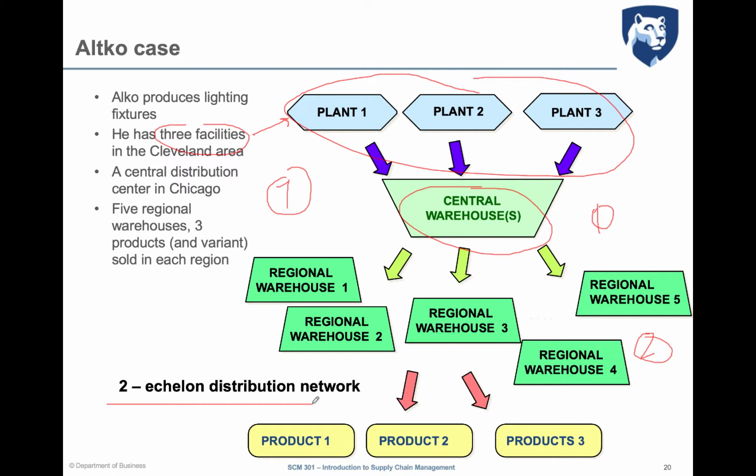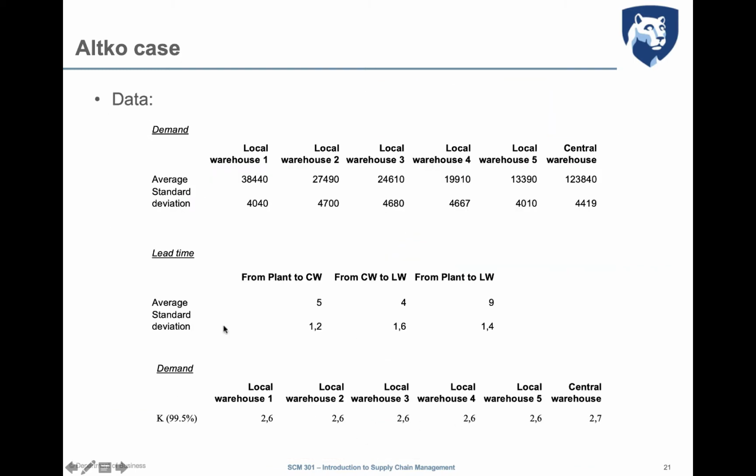Now, let's try to answer the second question, which is how much is the value of the safety stock? How to read the data? So, these are the data. The demand in the local warehouse and the central warehouse are these. In the local warehouse, as I told you, the average demand is 38,440 units and the standard deviation is 4,040 units. The central warehouse instead has, of course, the sum of the demand seen by each local warehouse with its standard deviation,